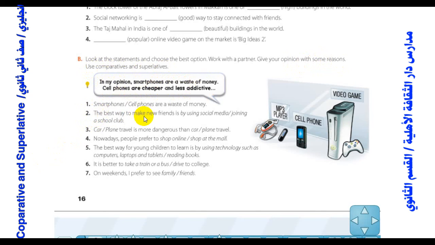Now, the best way to make new friends is by joining a school club. I think it is more important to make friends by having a meeting or talking with each other, because with social media the matter is different. In my opinion, I think car travel is more dangerous than plane travel, because most of plane flights are secured